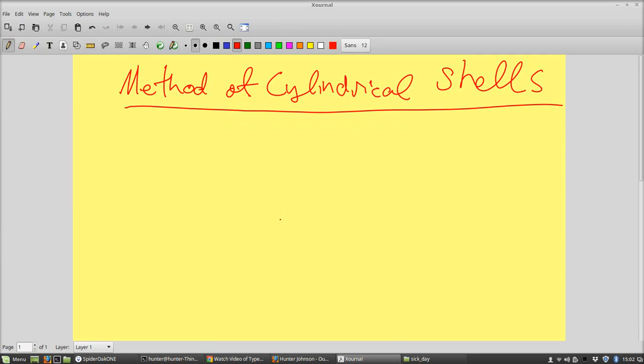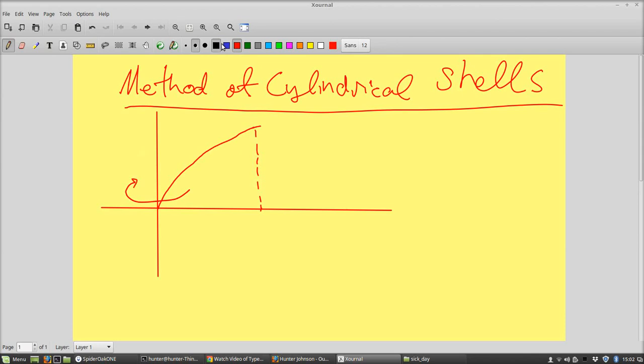So we're going to start a new topic here, which is the method of cylindrical shells. So in the video we just did, we ended up with a kind of bundt cake solid. So you're going to get that whenever you have something kind of like this. And now let's rotate this around the y-axis. And let me shade the plane region just so you know what's doing the rotating. So that's going to make a bundt cake,